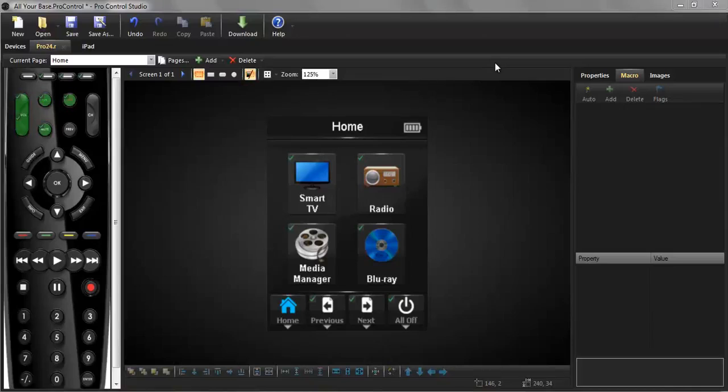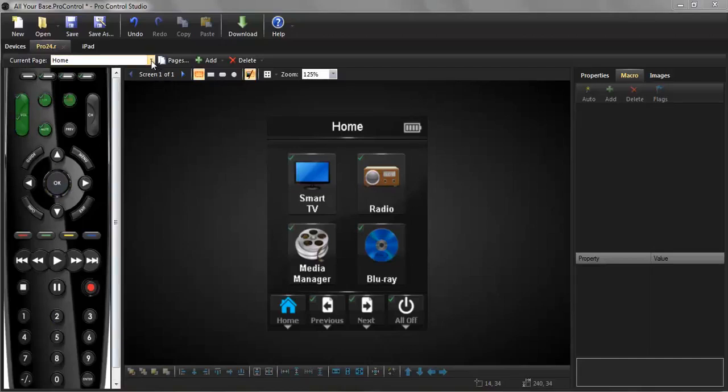My name is Matt Sundberg, and today I'm going to show you the differences between pages, screens, and viewports in Pro Control Studio. Here we have a very basic system file. As you can see on the top left corner of our screen, we're on current page home. On the Pro 24R, pages are tied to the remote buttons on the far left hand side. So on the home page, since there's no real activity or device tied to that, there's no buttons mapped towards